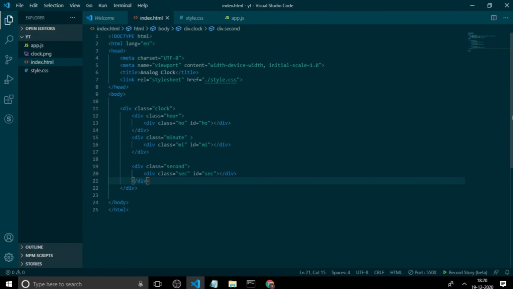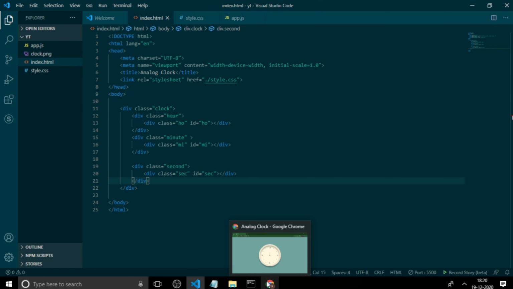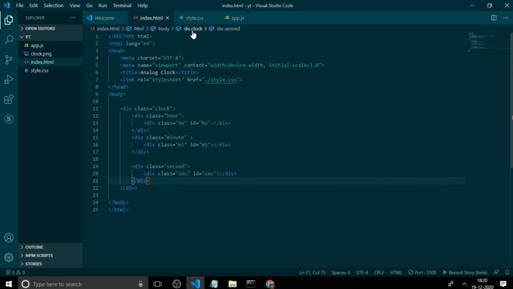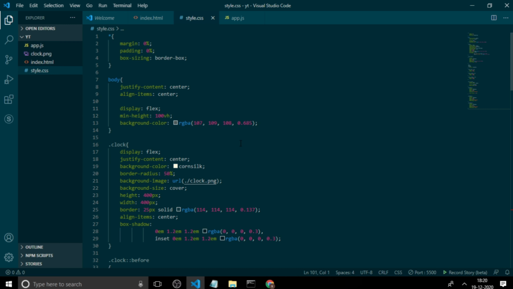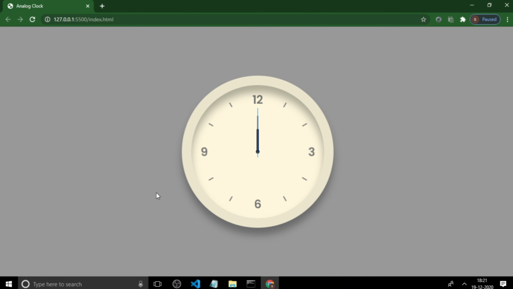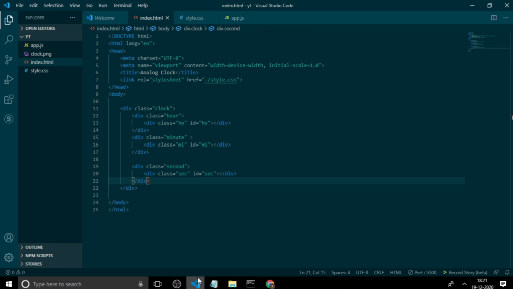If you find this CSS difficult, I'll leave the CSS code in the description below in my GitHub repo. Just go and copy and use it. Okay, so here we are with the basic structure of our analog clock. Now let's start our JavaScript coding.